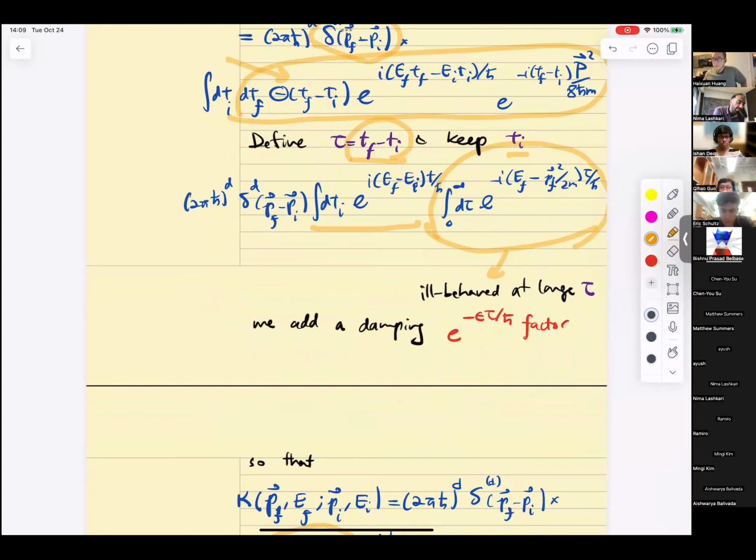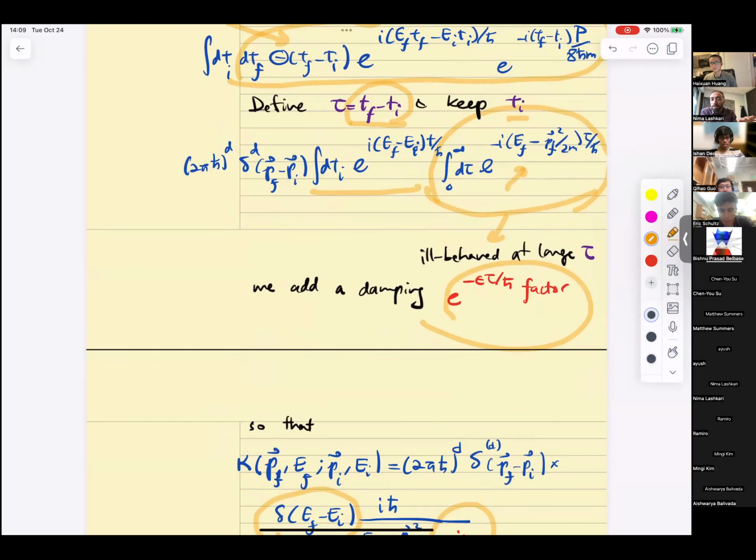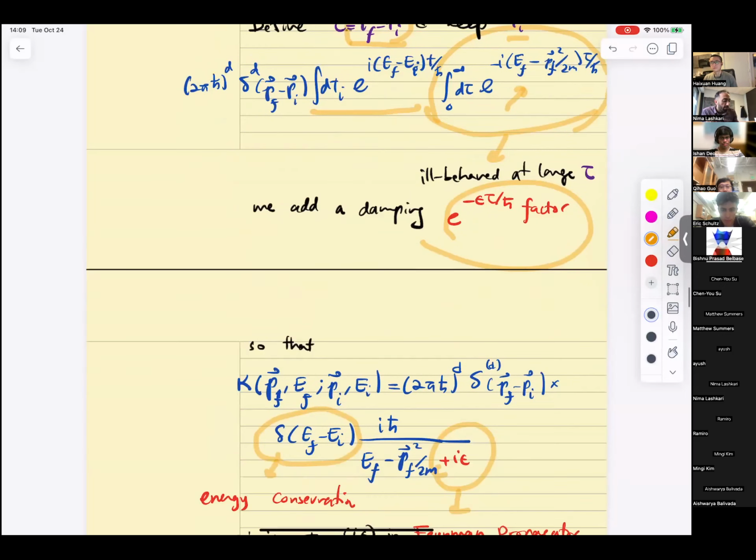We introduce a tiny epsilon parameter, i epsilon, and that will make sure that this integral will converge. This is a trick that we use in physics complex analysis all the time. If your integral goes through a, well, I'm not going to teach mathematical physics now. So yeah,